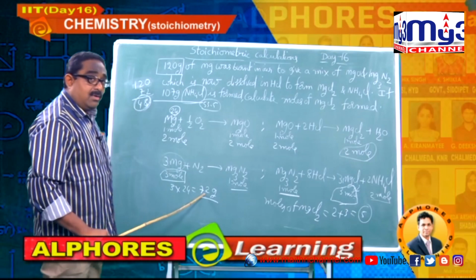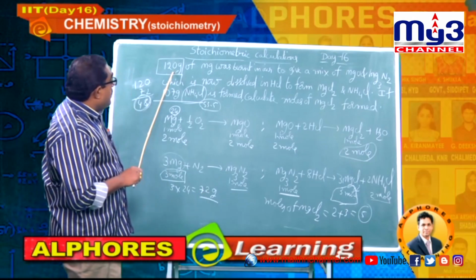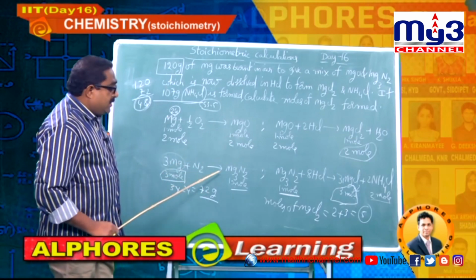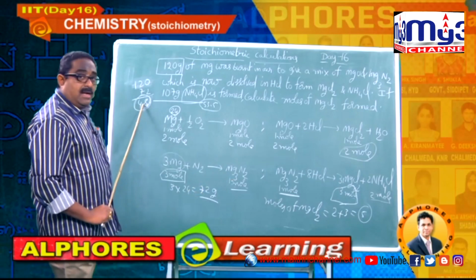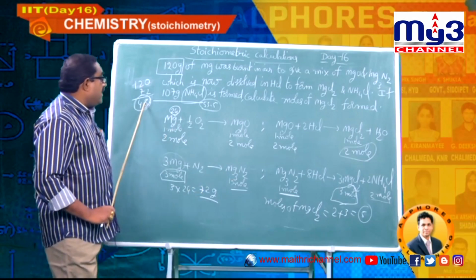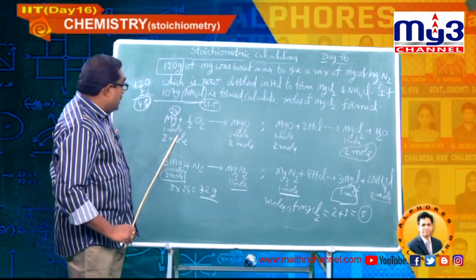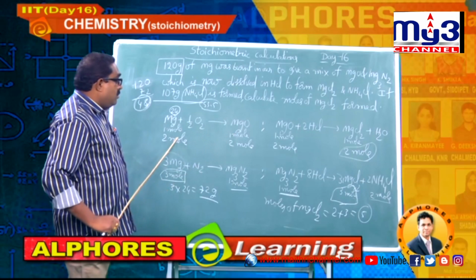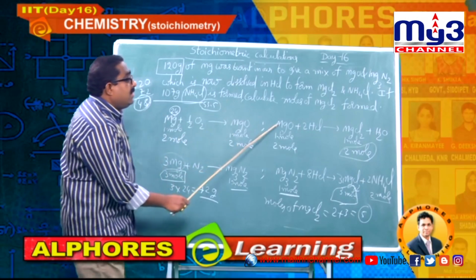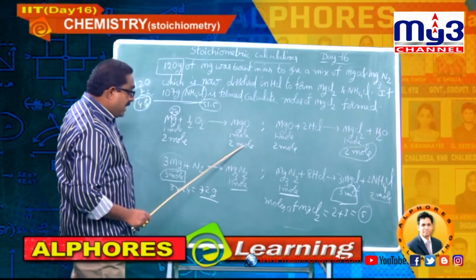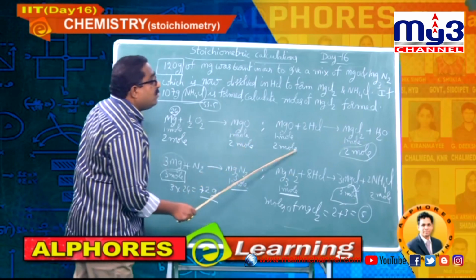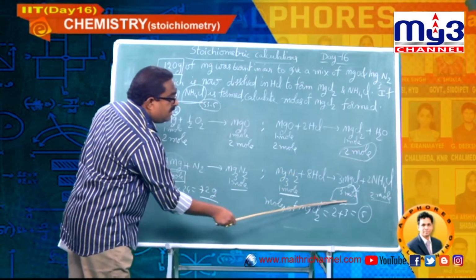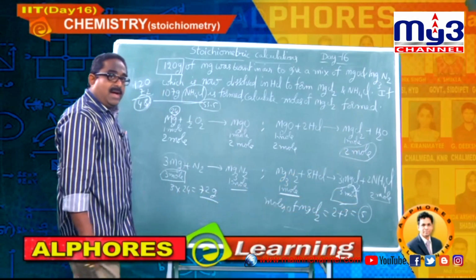Now you can come to a conclusion that out of 120 grams of magnesium given to you, 72 grams will be reacting with nitrogen to form nitrate. Remaining is 48 grams. So you have to utilize that 48 grams for first reaction. So 48 means 2 moles. 1 mole gives 1 mole, 2 moles gives 2 moles. My formation here is 2 moles. 2 moles also gives 2 moles. This 2 moles magnesium chloride, already 3 moles along with this. So 2 plus 3, 5. That is the final answer, students.